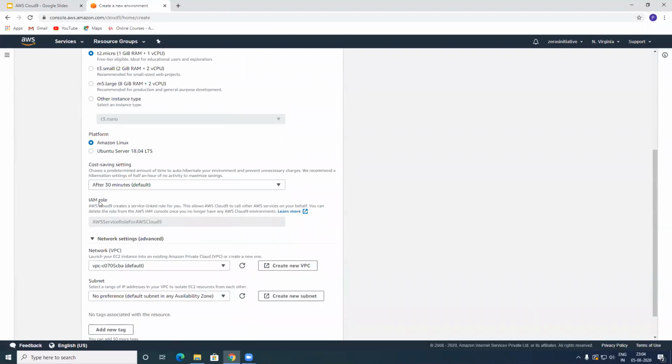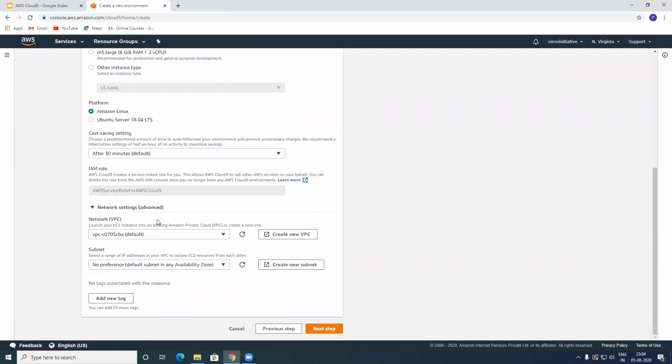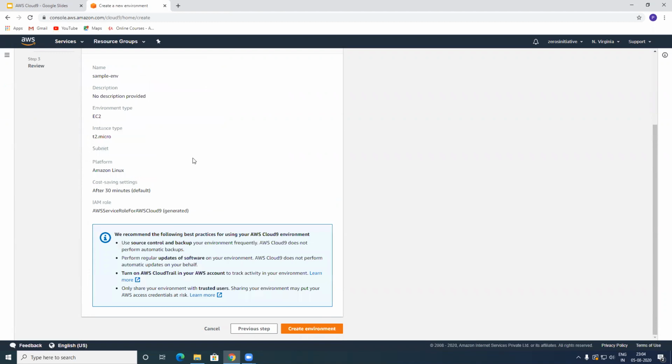And you can see that there is an IAM role that is associated with the Cloud9 instance, which is created by AWS themselves, because this allows Cloud9 as a service to go ahead and create EC2 instance, store the code in S3 and so on. And under the network settings, you can choose to keep this Cloud9 instance private in a private subnet void of internet access. But right now we are going to have it in the default VPC where we will have internet access into our Cloud9 instance. And click on next step. And you can go ahead and click on create environment.